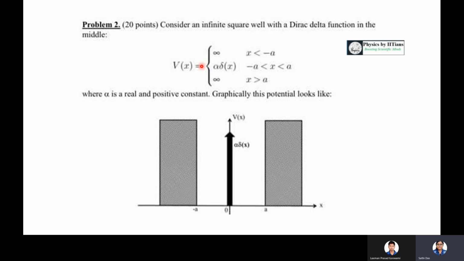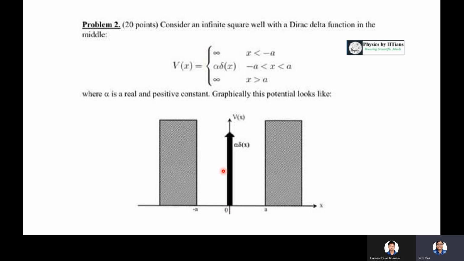Whenever you are going to plot the wave function, you should start with the potential first, that is how the potential is varying, and that should be reflected in the sketching of the wave function, because the potential is responsible for the wave function behavior. So whenever there is an infinite potential well, what do we usually do? For an infinite potential well, the wave function is oscillatory. So first one will be sine squared of n pi x by L, and En will be n squared pi squared h cross squared by 2 m L squared, if we consider this potential box of length L.